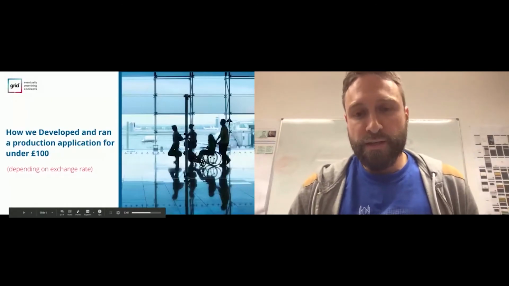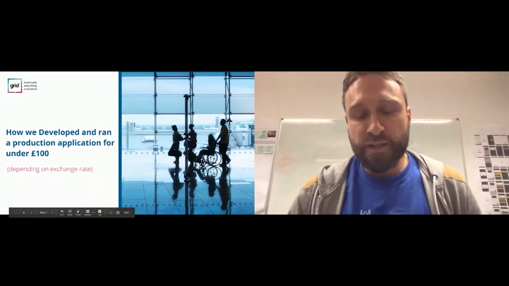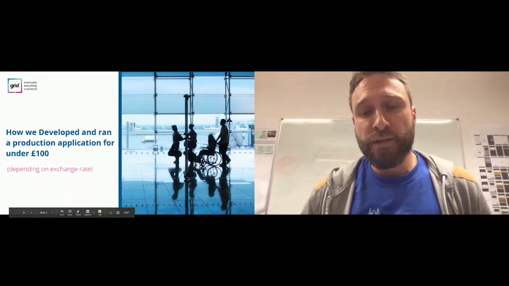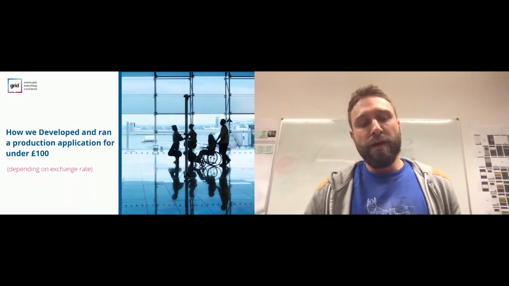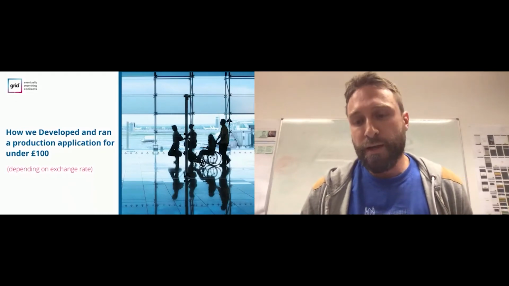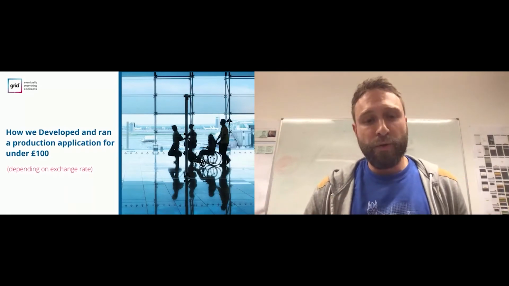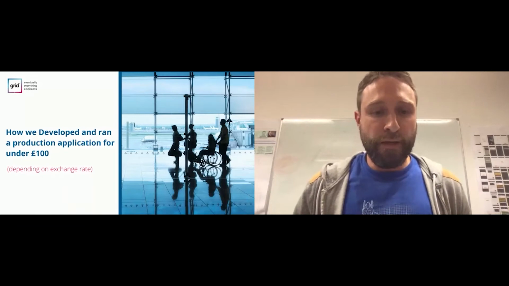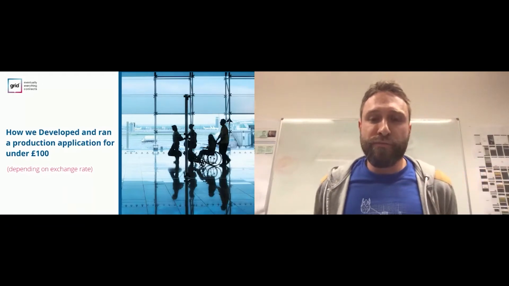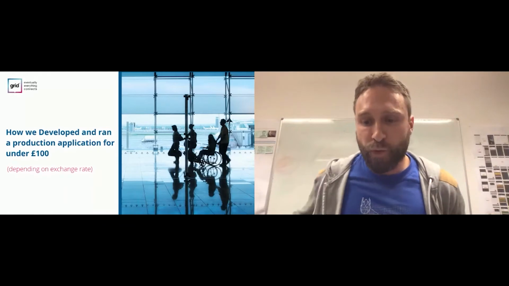This is essentially a case study on Grid Smarter Cities' ADAPT project, which started in January of 2019. It ran for roughly 6 or 7 months, and at the end, we basically only paid about £100 for this development. I did check the exchange rate this morning. It worked out to be about £104, so maybe not quite under £100, but we probably could have optimized costs